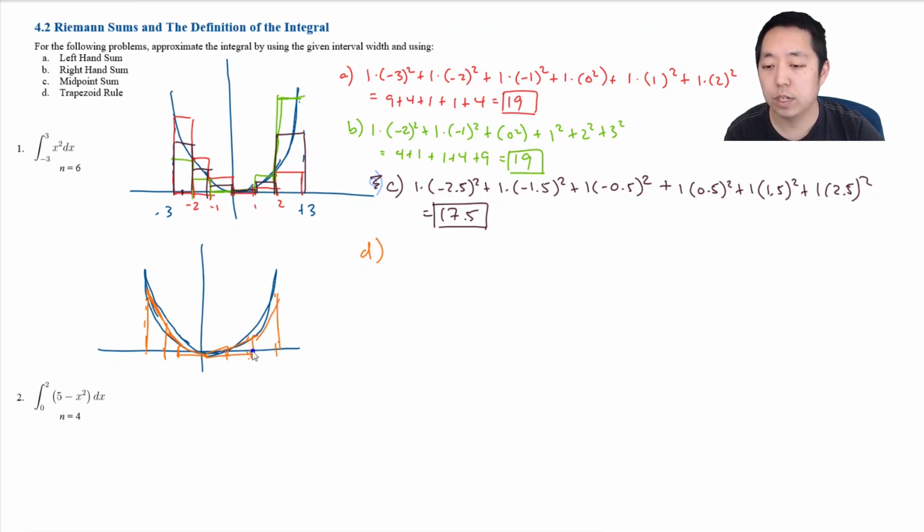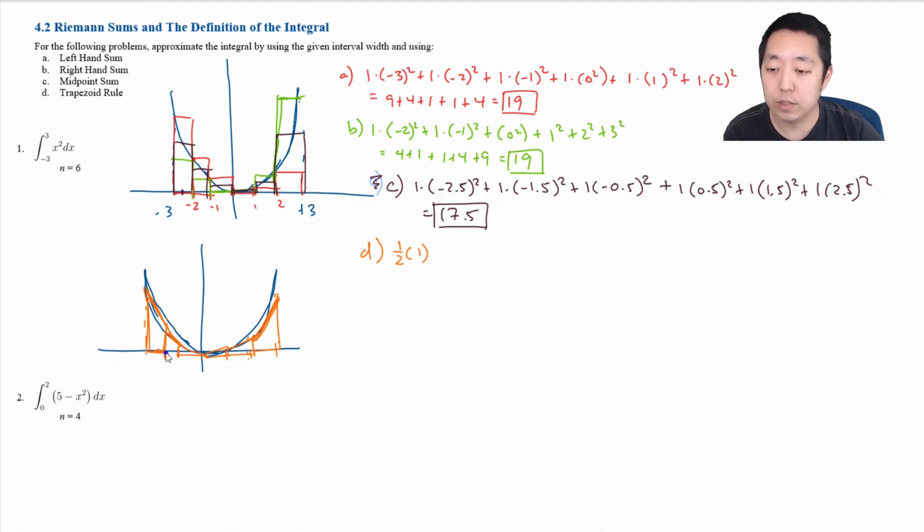And add up, so they're not rectangles anymore. I'm adding up the sum of these trapezoids, okay? So trapezoids are always 1/2 the base times the height. So we're going to have 1/2 times 1, because